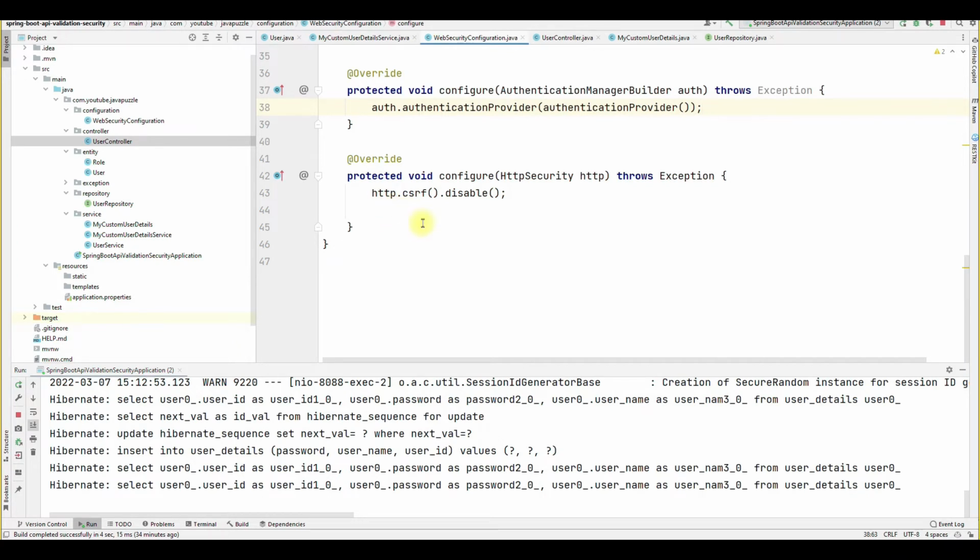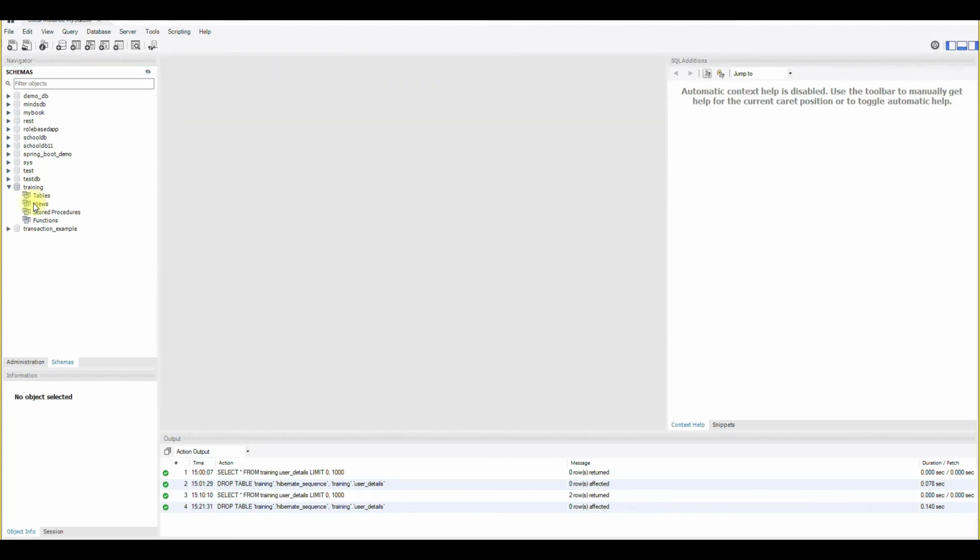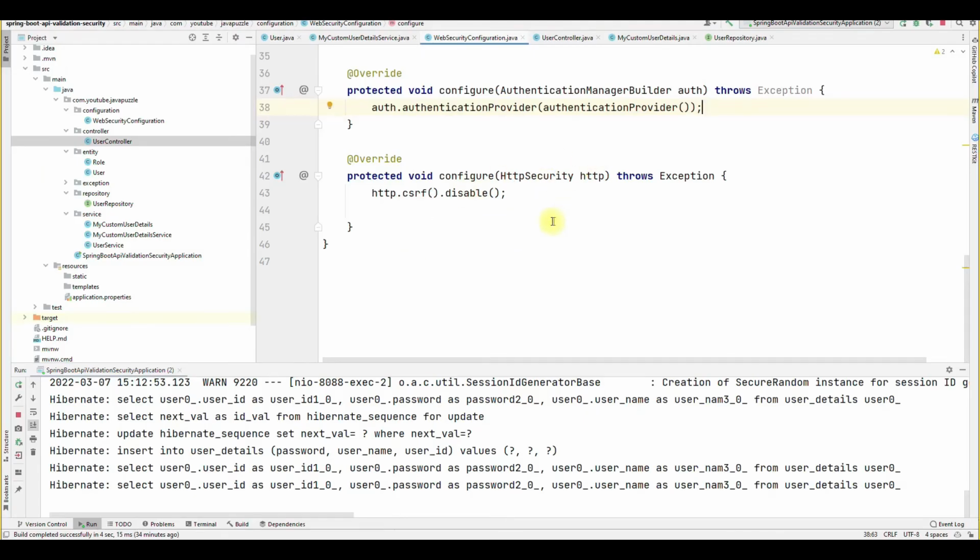So first thing, currently in our table, if I refresh this, we don't have any table. Okay, and we want to store some data inside our user table. So if I run this program, nothing can be done by myself because all the requests are secured. Okay, and for the security we have to firstly disable our security or permit all, so we can add some user there, because currently in the table we don't have any user. So for this thing